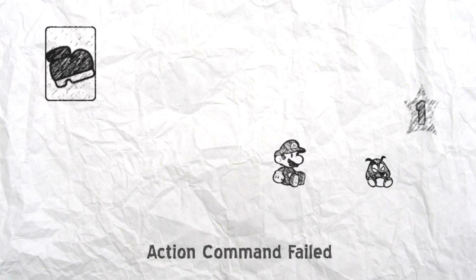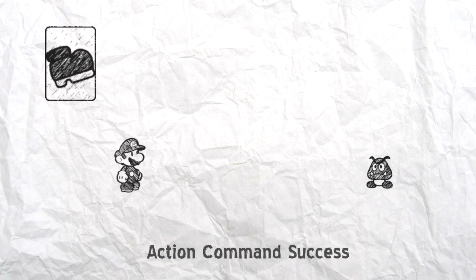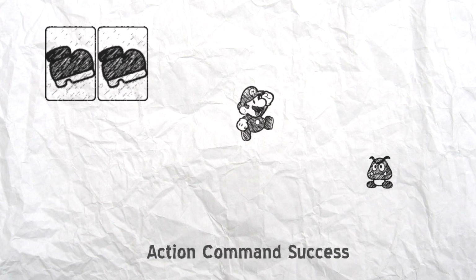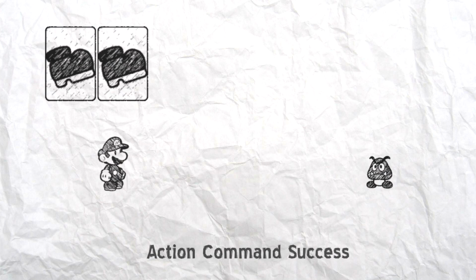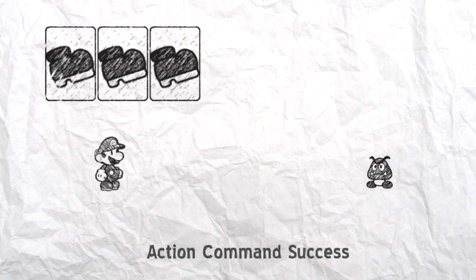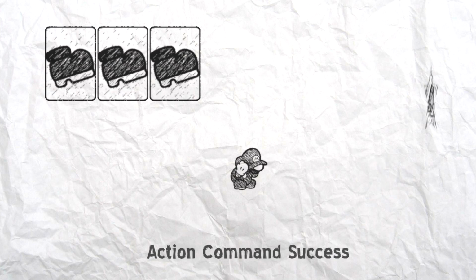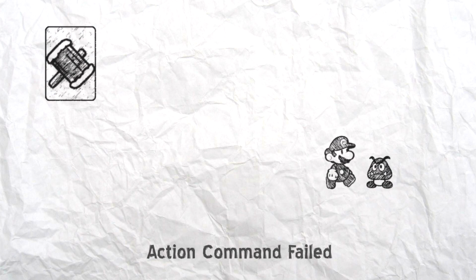The most basic of these would be stacking 3 jump cards or 3 hammer cards. Use a single jump card in a turn and you'll cause Mario to jump on an enemy once. Twice if you use 2 cards, and 3 times if you use 3 cards. The more jumps Mario lands, the more damage he does. The hammer would have more of a straight up power boost,